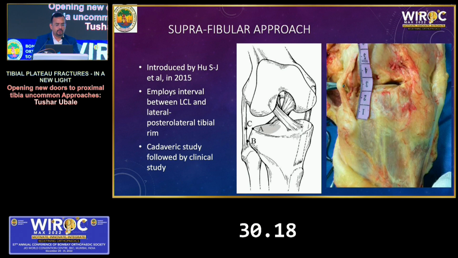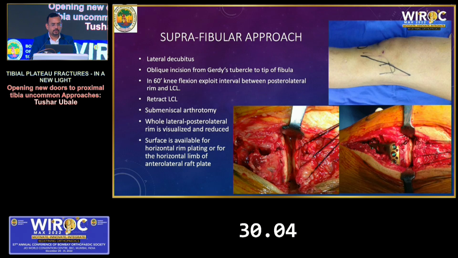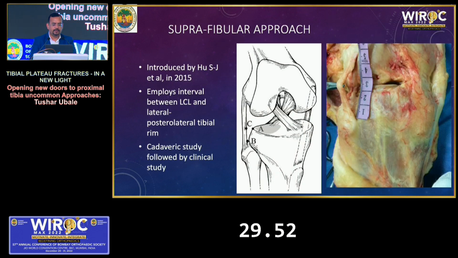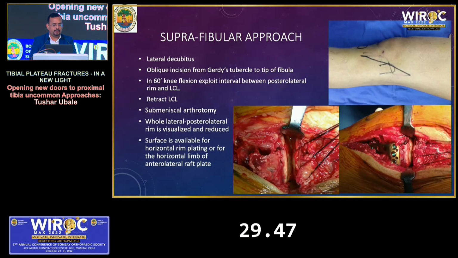This is one very good new approach, the suprafibular approach, introduced by Hu SJ in 2015. It employs the interval between the lateral collateral ligament and the posterolateral tibial rim. The patient is in lateral decubitus position, with an oblique incision from Gerdy's tubercle to the tip of the fibula. 60-degree knee flexion exploits the interval, as we had seen in the previous fracture, between the posterolateral rim of the tibia and the lateral collateral ligament. Then a standard submeniscal arthrotomy. The whole lateral posterolateral rim is visualized, as can be seen in the picture, and the plating can